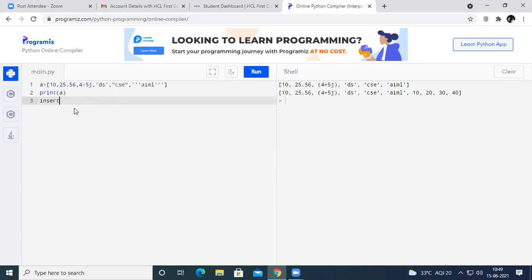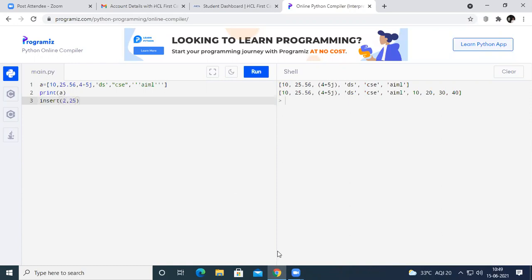And append and extend do not take more than one argument. But the insert function takes more than one argument. The first argument is the index value, and the second argument is the value to be inserted at that position. So for example, I have given insert of 2 comma 25.